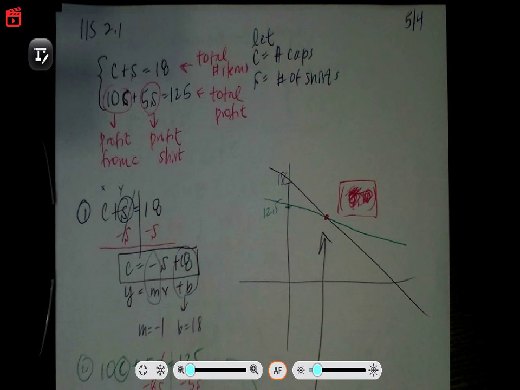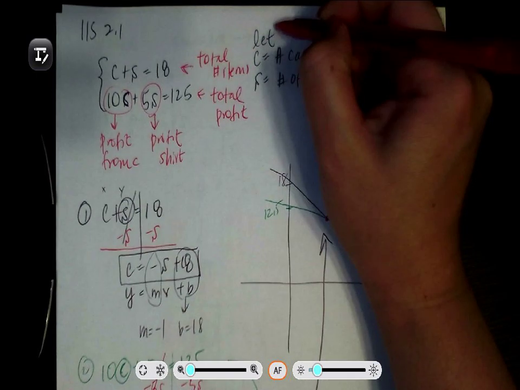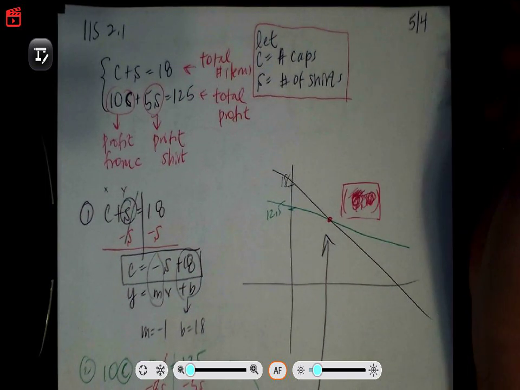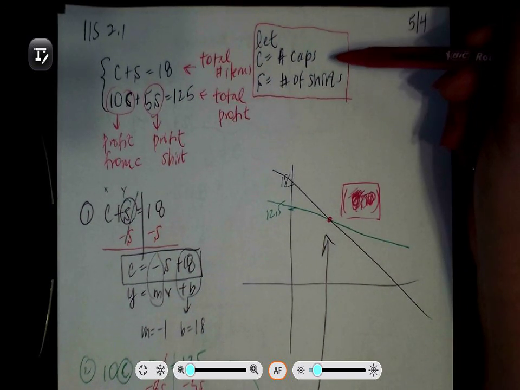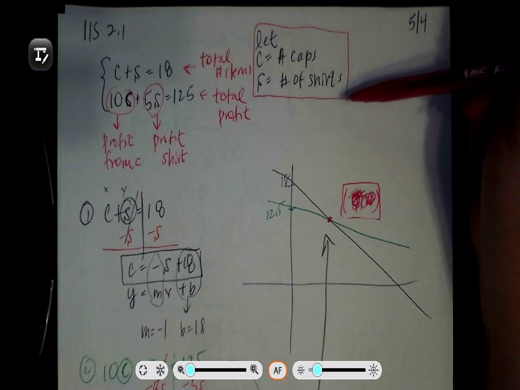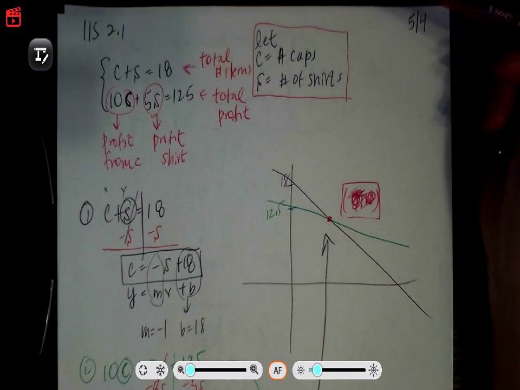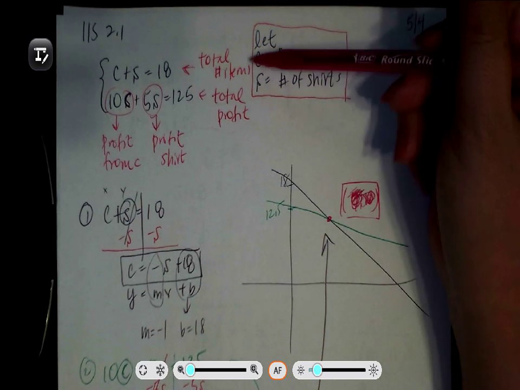So the most important thing that we needed to define first was what the variables represented. So we did a let statement here saying that C is equal to the number of caps and S is equal to the number of shirts. So that means that the first equation, C plus S is equal to 18, is the total number of items, whereas